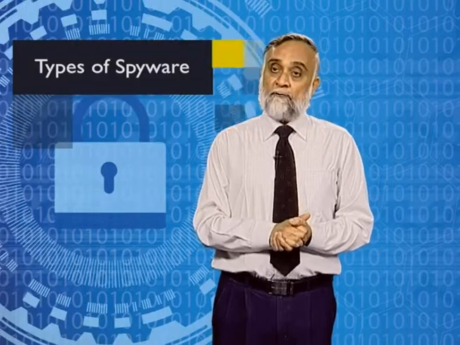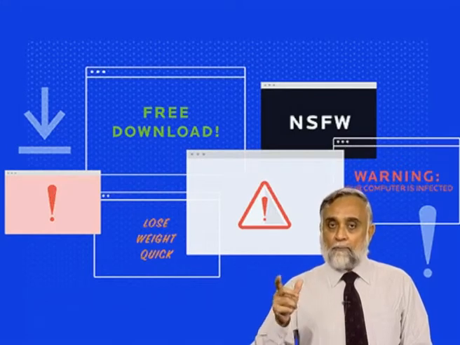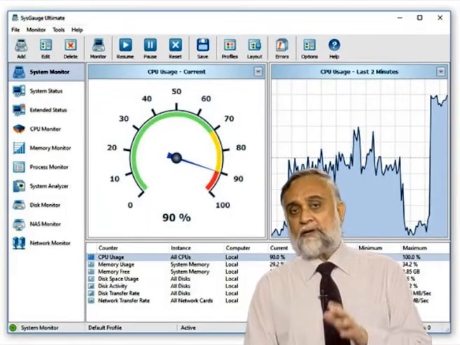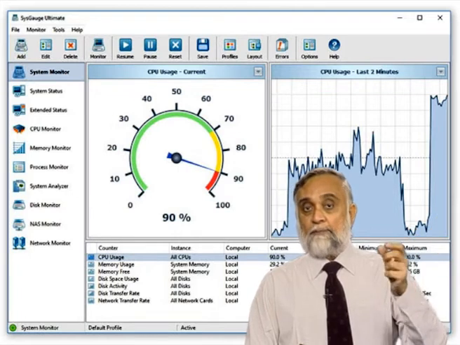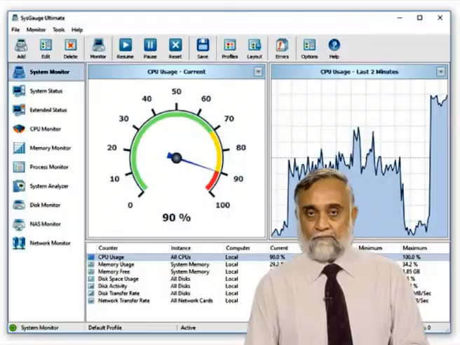Types of spyware include adware. It is a type of malware which presents itself when a program is running. It can be generated in the form of a pop-up or an unclosable window. System monitors. System monitors are applications which are designed to monitor computer activity. System monitors basically run in the background, keeping a log of virtually all programs running on one's device.